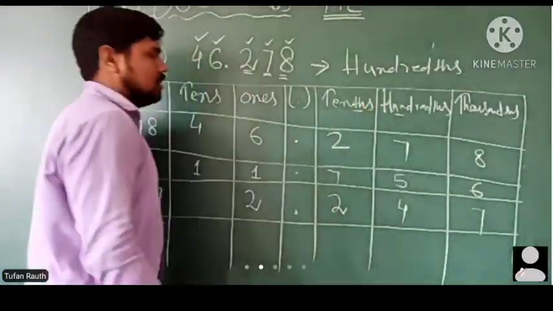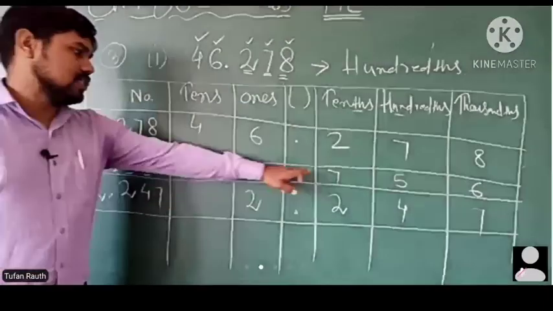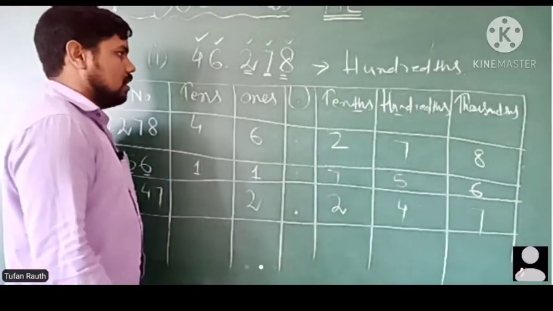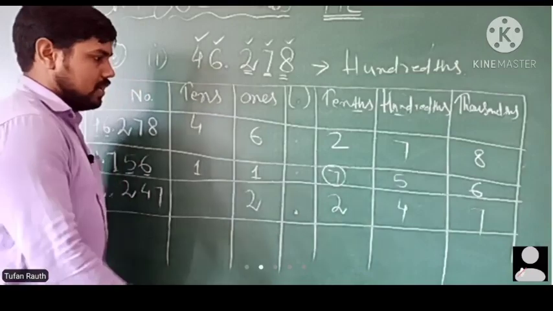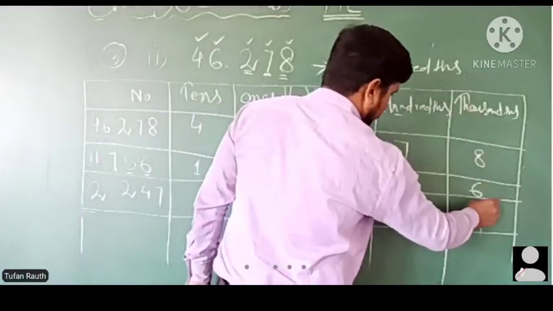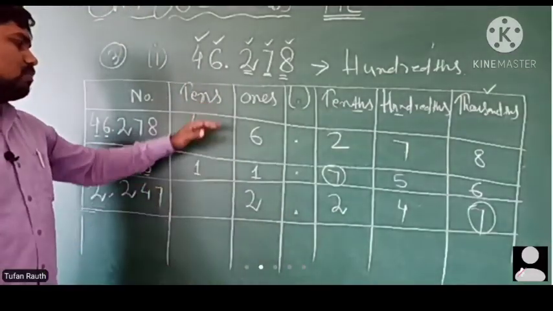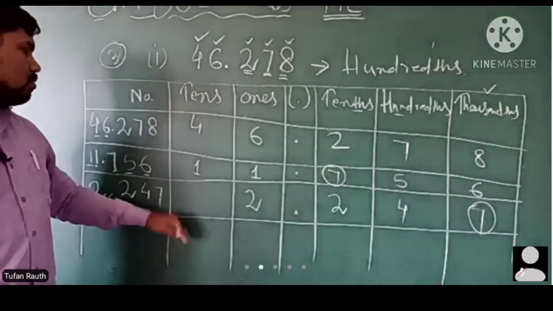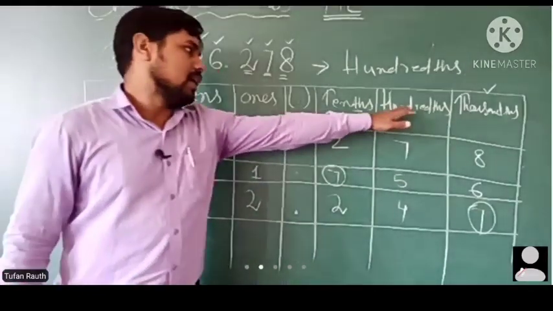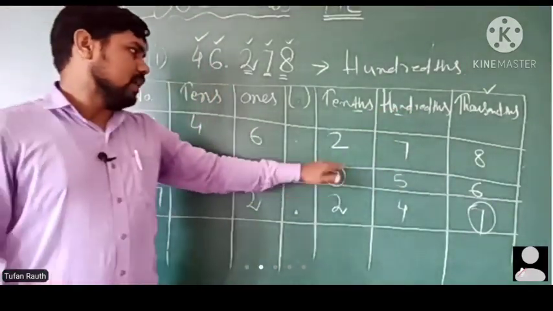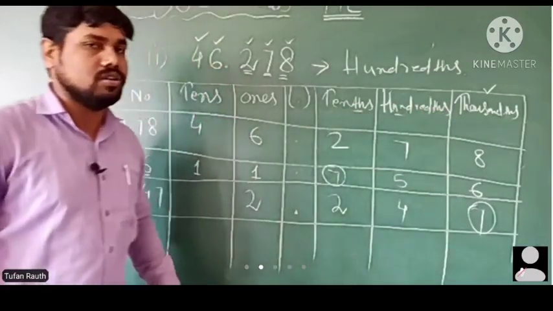So this miscellaneous exercise, third question, you can do like this. And in this, if it is asking about the position of the 7, then you can write: in the tenths place we have 7, in this we have it in the hundredths place. So you have to write both. First, you have to make the table this way, and after that you have to write the places of the numbers. First number in hundredths place, second number in tenths place, third number in thousandths place. So this is how you have to write.